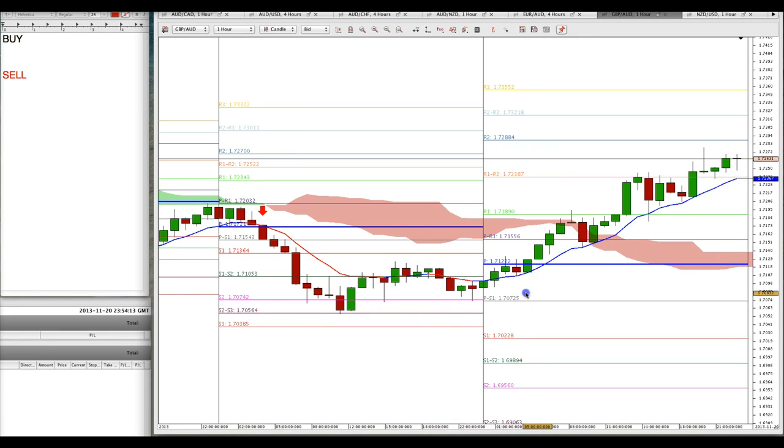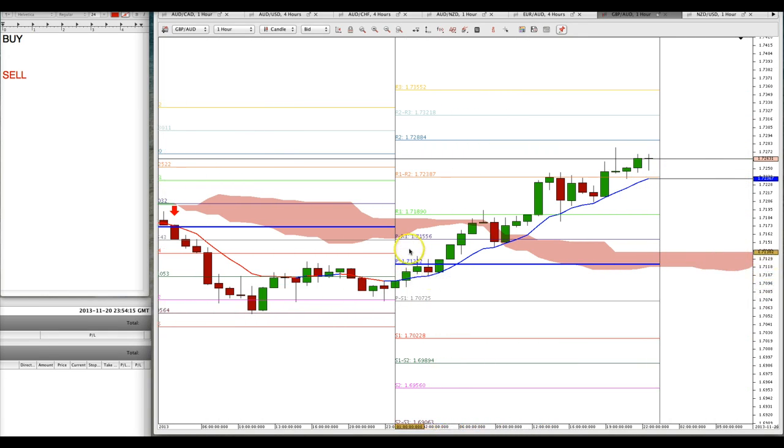Here's the next day, and we see that price is breaking above the central pivot point, coming into a new session above the 10 moving average line. But we don't really have a trade yet until it breaks the cloud, this Ichimoku cloud. This is a more conservative approach, because if we look at the 4 hour chart,